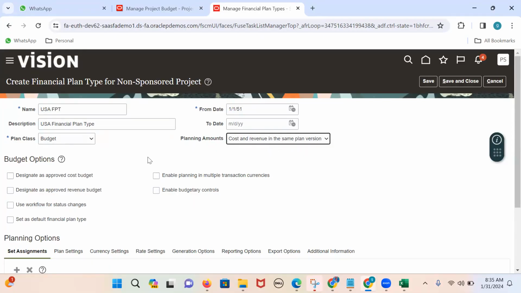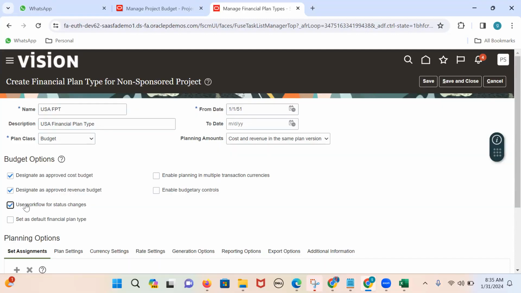Now, are you going to enter the cost budget for your contract project? Yes. Are you going to enter the revenue budget for your project? Yes. Are you going to implement the approvals for your budget? Like the administrator can submit a budget, and the project manager has to review the budget figures. And later, if the project manager is satisfied that the budget is created with a proper amount, then the project manager can approve. If the customer is expecting this type of approval workflow for the budgets, yes, we do have a feature,